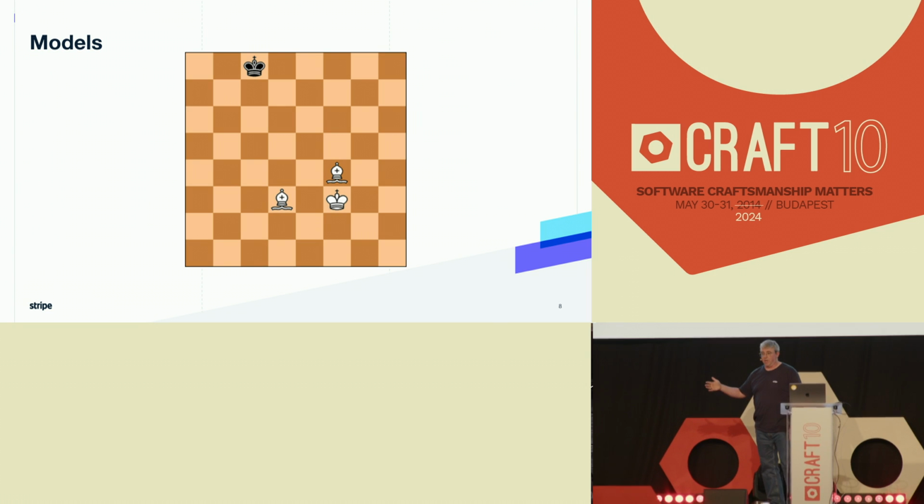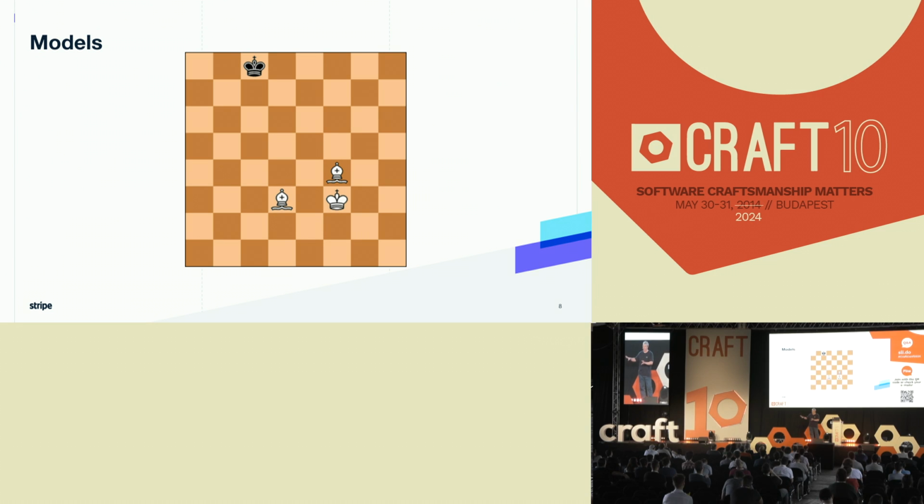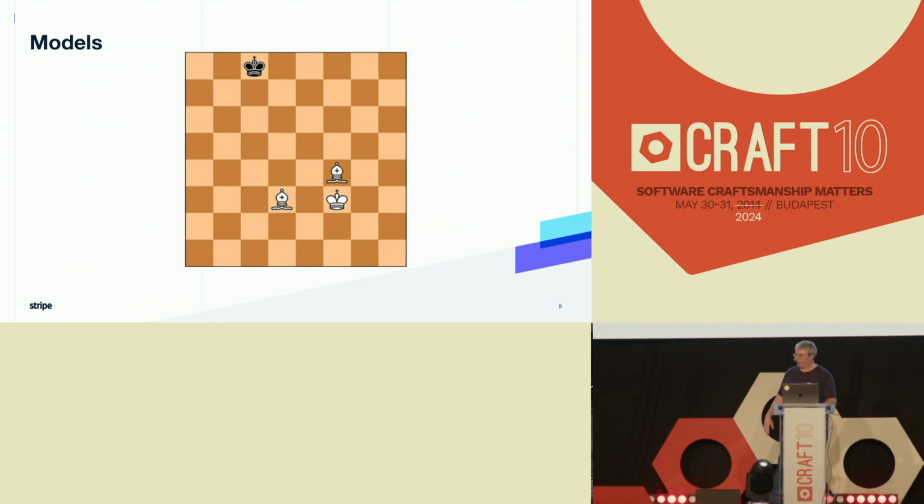Okay, the other thing is that models also incorporate behavior. If I know what state I'm in, I know what behaviors are possible, and this is what enables planning. In the case of chess, if the white player has two bishops on different colored squares and their king, and their opponent just has a king, it is possible for white to force a checkmate and win the game. I do not know how to do that, just for the record, but I believe that is a correct statement. So that's how models work.